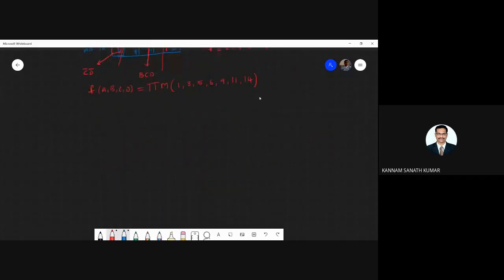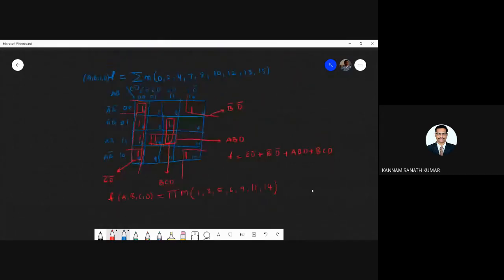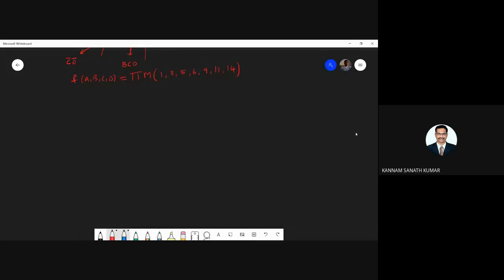Okay. So here again I need to draw the K map. Total how many cells? 16 cells I am drawing, and this one is A, B, and this is C. Okay, 0, 0, 0, 1, 1, 0, 1, 1, 0, 0, 0, 1, 1, 0, 1, 1. Okay, so here 0 is nothing but true form in POS. Okay, so this is nothing but A plus B, product of sum terms.